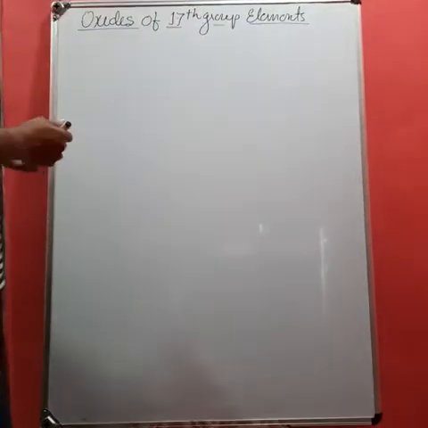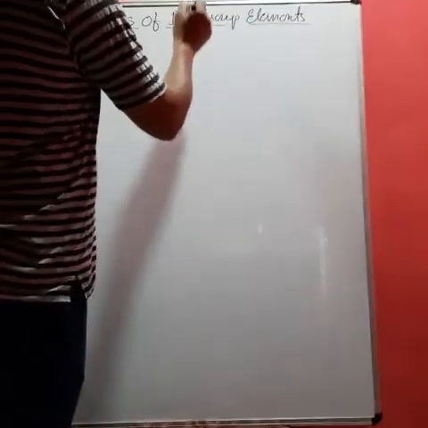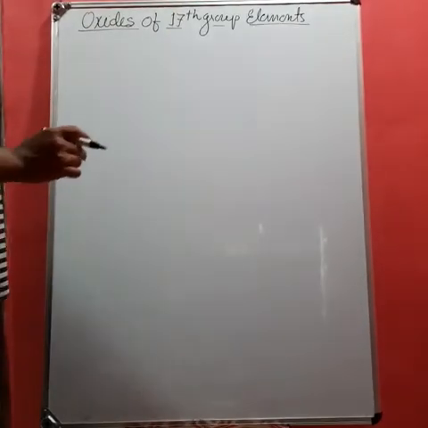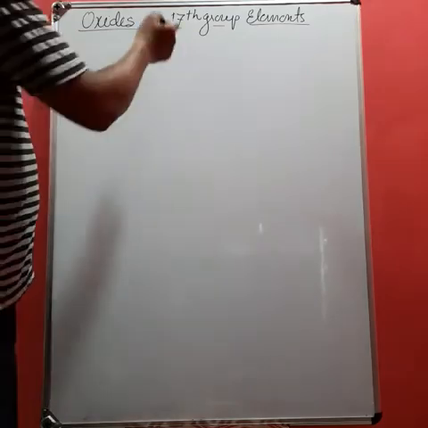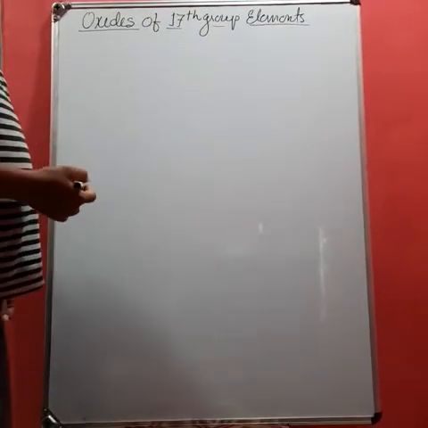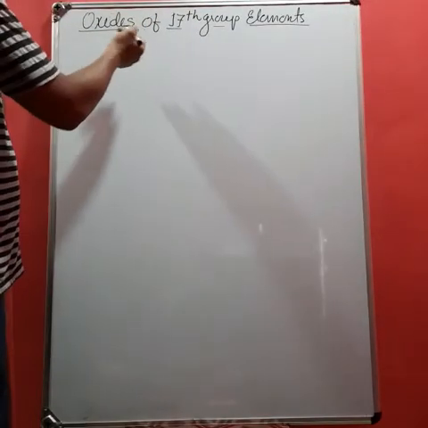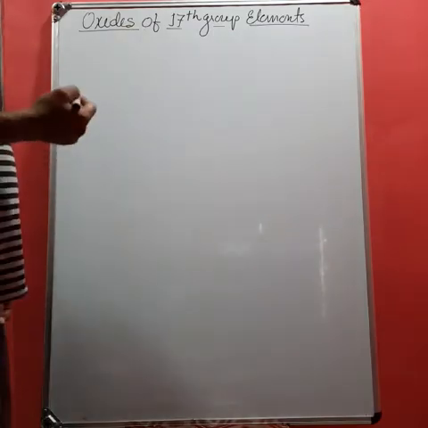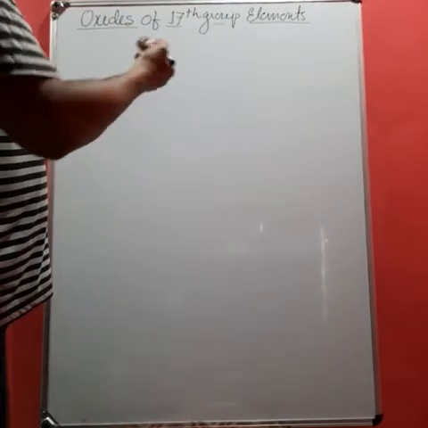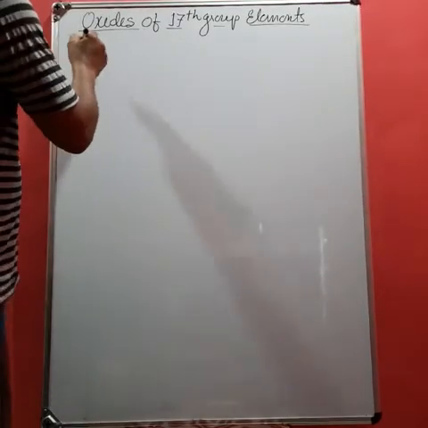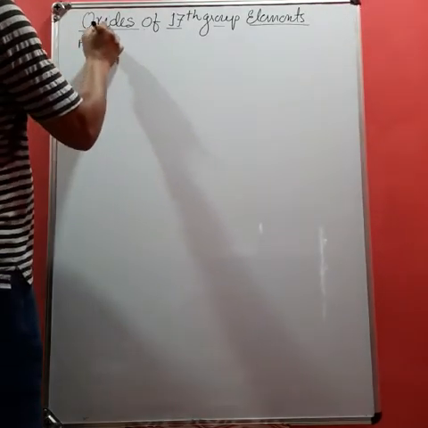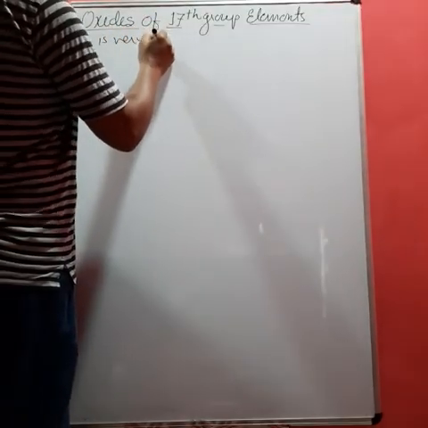Yes, student, next one, oxides of 17th group elements. Almost all the elements of 17th group, that is halogens, can form oxides with oxygen, but their oxides are very limited. Like fluorine is very small in size,